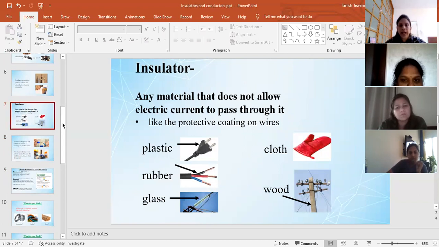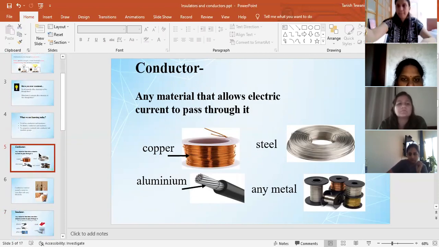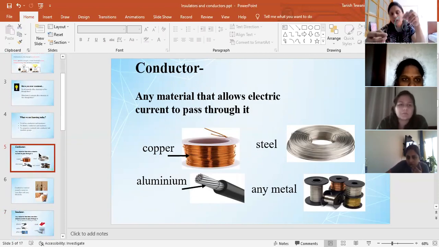Okay, one minute. I will show you one example. Can you see this? Have you seen these types of wires? Can you see this metal wire? And this also? Have you seen this at your home, in any electrical appliance, TV or refrigerator? Which kind of wire have you seen? This one or this one? The other one, ma'am. Blue color. Yeah, this one. Green color.